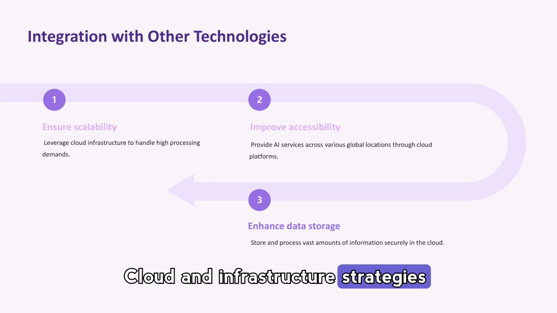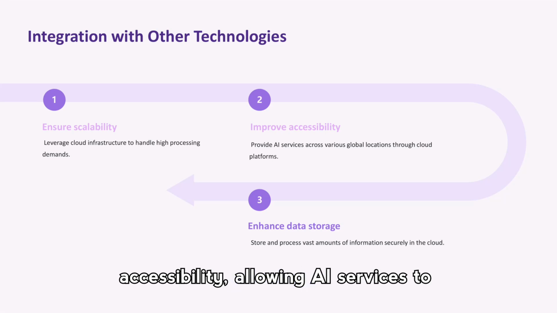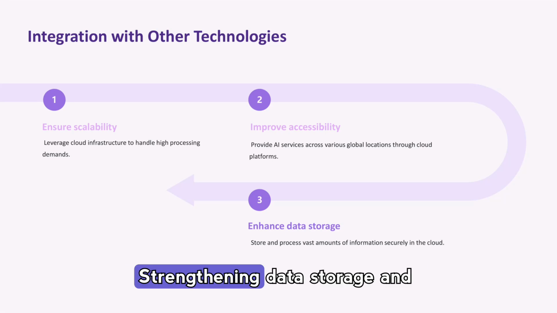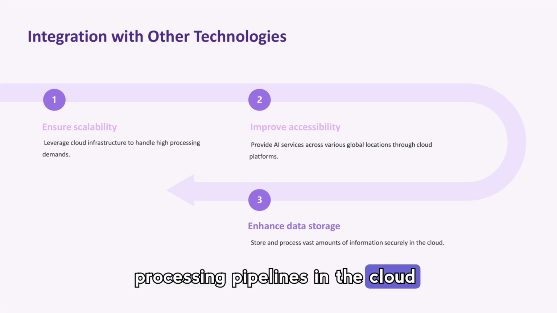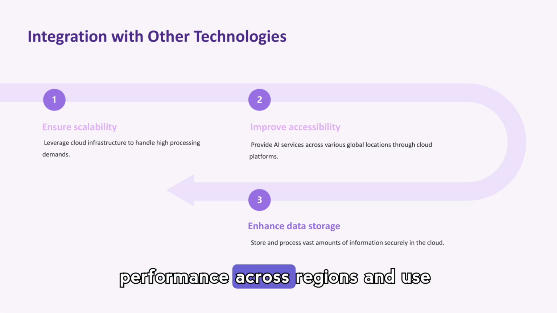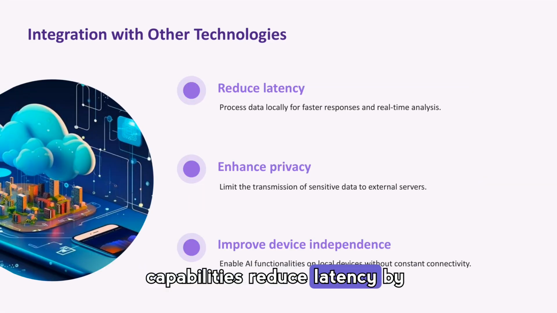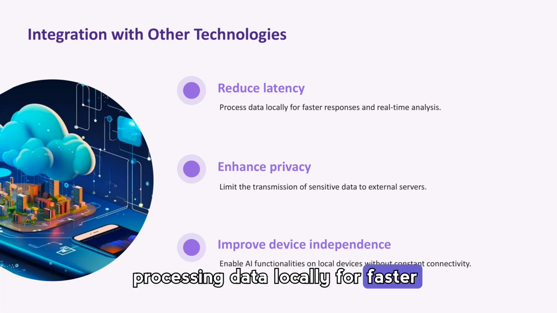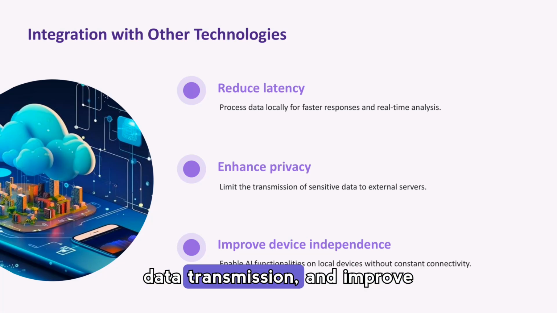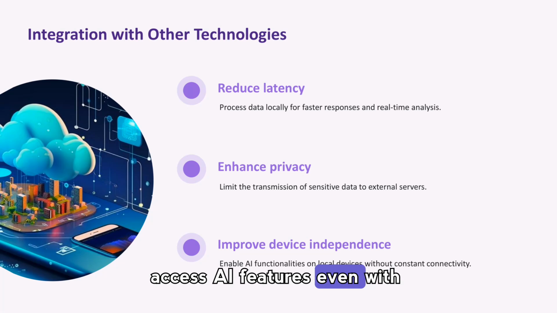Cloud and infrastructure strategies help ensure scalability and accessibility, allowing AI services to reach users globally while handling heavy processing demands. Strengthening data storage and processing pipelines in the cloud supports secure, large-scale model operation and consistent performance across regions and use cases. Edge computing and on-device capabilities reduce latency by processing data locally for faster responses and real-time analysis, enhance privacy by limiting sensitive data transmission, and improve device independence so users can access AI features even with intermittent